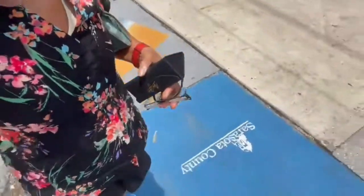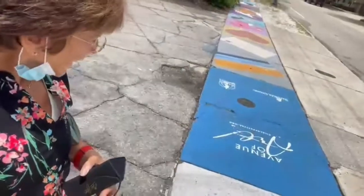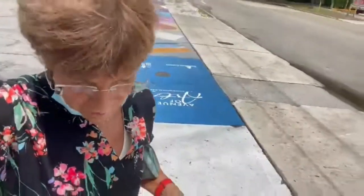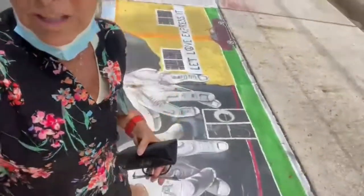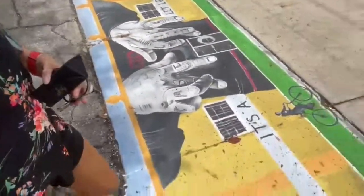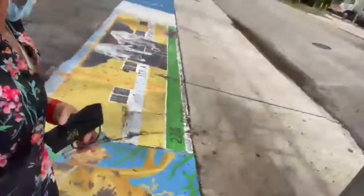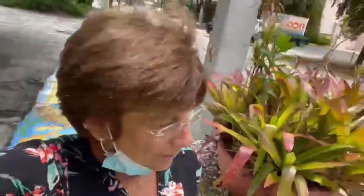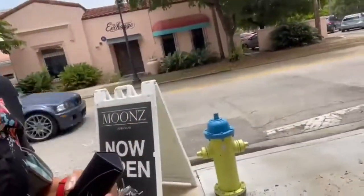And Avenue of the Art. Chalkfestival.com is what that one is saying. They used to have a big chalk festival here. I don't think they've had it in a few years with COVID and everything. So the real painters, I guess, have come out and painted the sidewalk. It looks like an entire block long along some of the restaurants here that are, as you can see, now